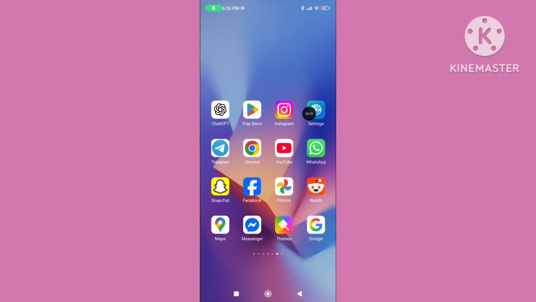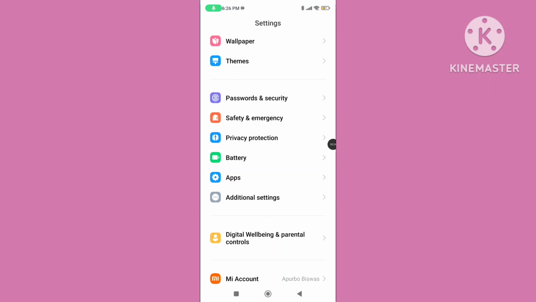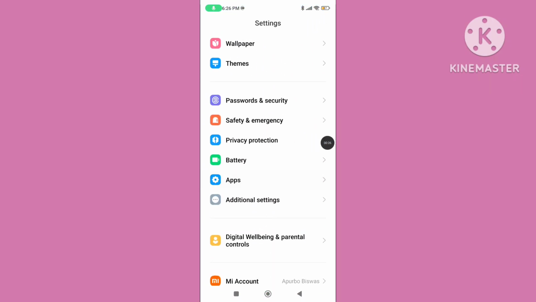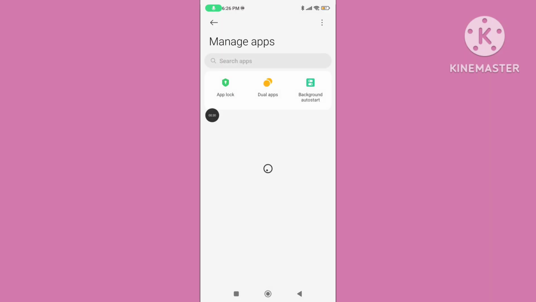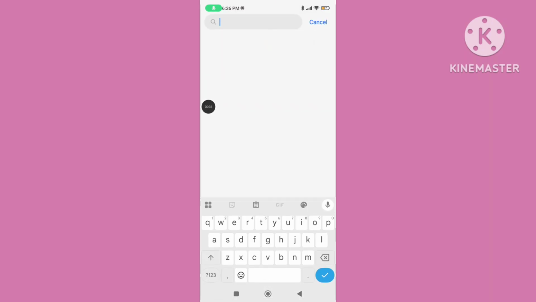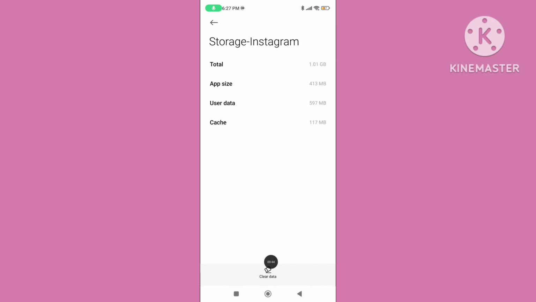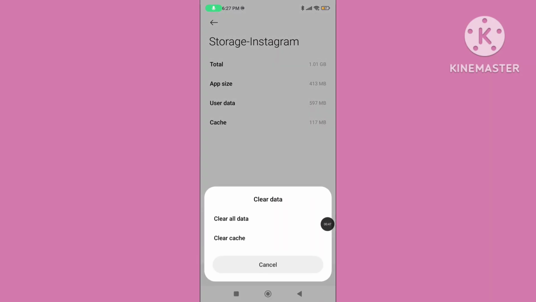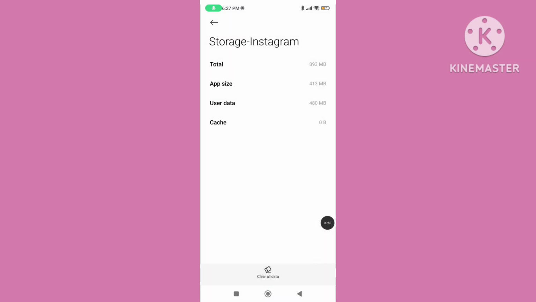Step 1. Open your phone settings, scroll down, click on Apps, again click on Manage apps, search for the Instagram application, tap on the Instagram application, go to Storage, tap on Clear data, again tap on Clear cache data on the Instagram application, go back,